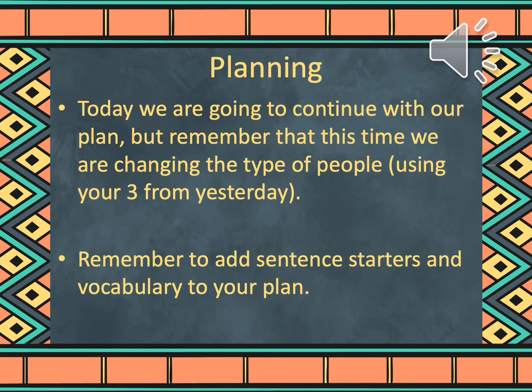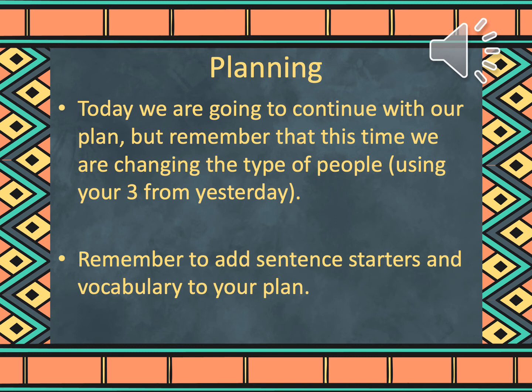On your plan, okay, instead of just telling me what happened, I want you to think about using sentence starters, so jot them down. Also, any vocabulary that you're going to use today. When you're making notes about the events that are happening at each stage on your plan, please do this with bullet points, as this will help you to make notes rather than write the whole sentence. Last week some people were still writing full sentences. Your plan's just there to aid you to write, okay? So we don't need to have written the whole story on there.